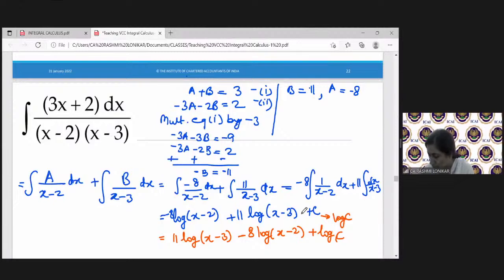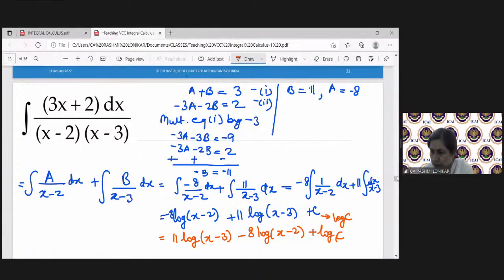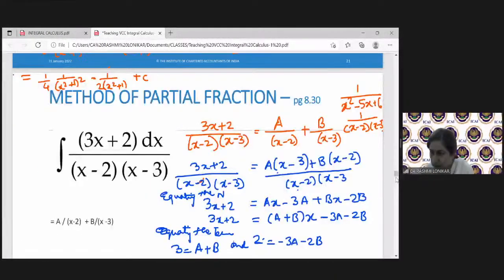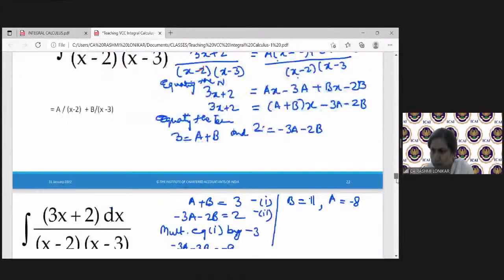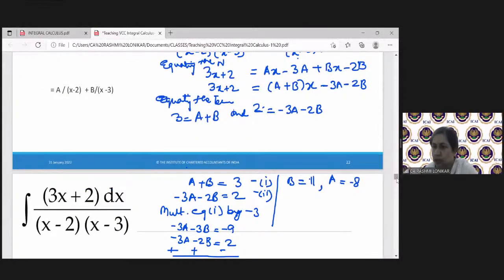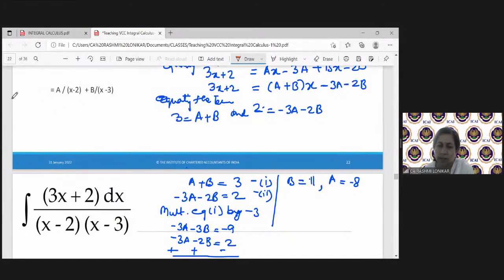Dipanshi, what have you asked? How did you get this equation, A plus B? This is from here, 1 and 2, no? I'll just show you over here. See, what happens is that on the left hand side, what do I have? I have 3x plus 2, right? And on the right hand side, after I expanded, this is (A plus B) into x minus